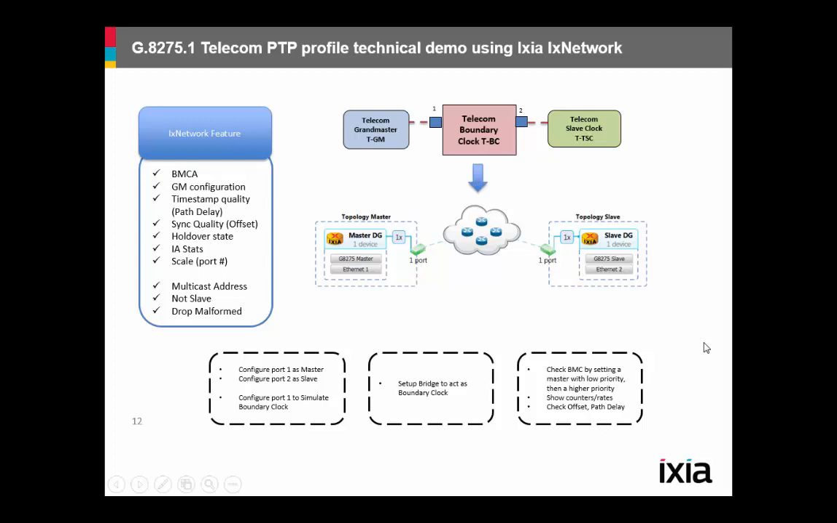This is a technical demo describing how to test the G.8275.1 Telecom profile. Most of the steps that will be described apply for regular PTP testing as well. IxNetwork implements both grandmaster and slave capabilities, and as such can be used to test master, boundary, transparent, and slave